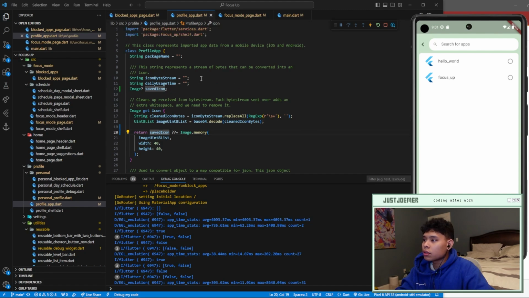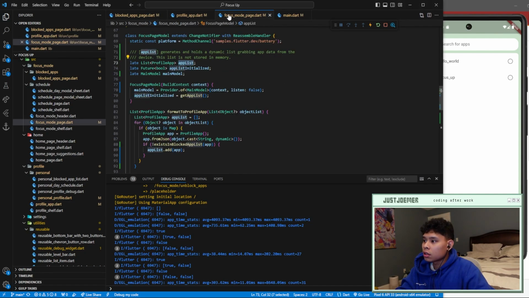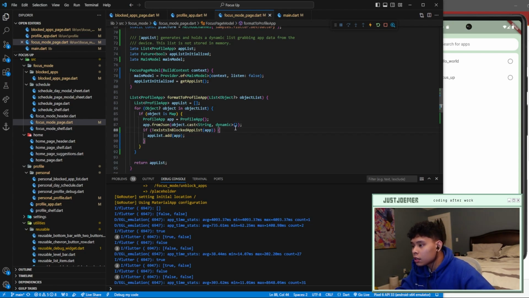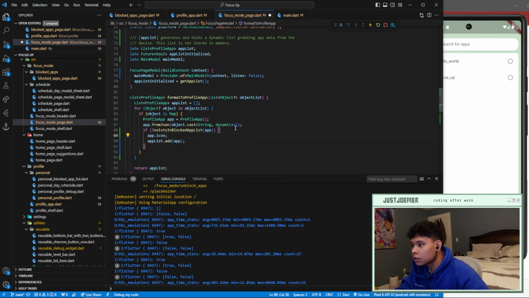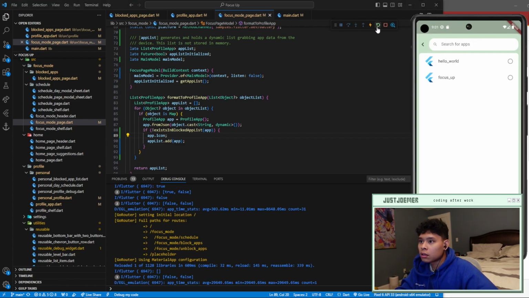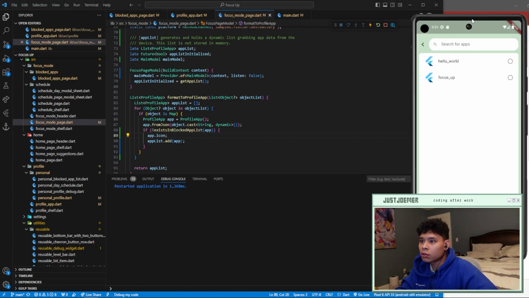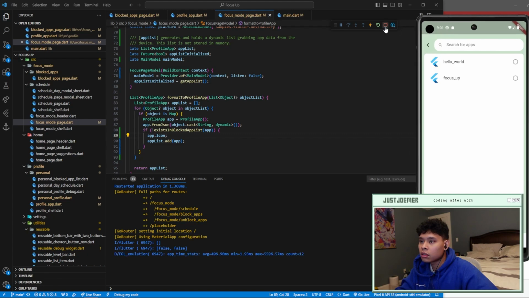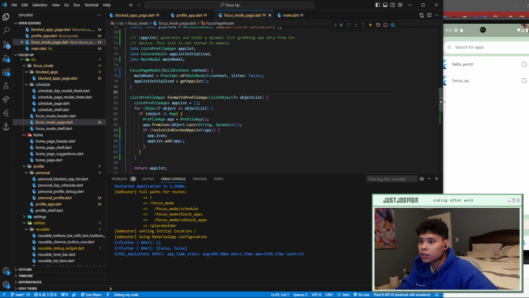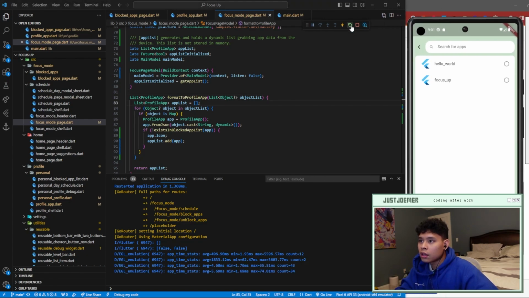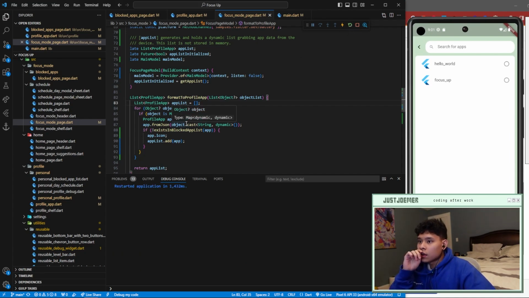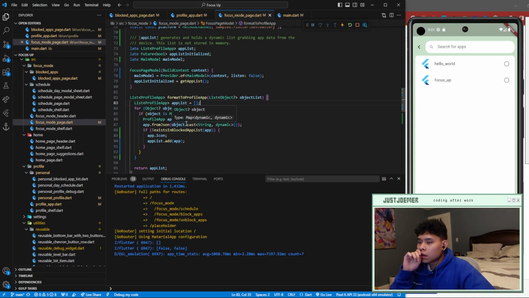We can just do, honestly, if we do it here, would that work? Like if we do that, and then we add it to the list and we go app.icon, just like that. I'm pretty sure if we refresh here, there won't be a flicker at all. Oh no, there is. There's a little bit of a flicker. Let me move this here. Let's see. Okay, there's a little bit of a flicker still,